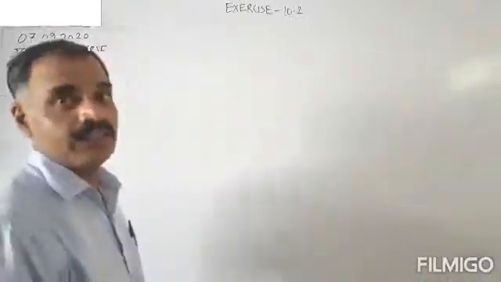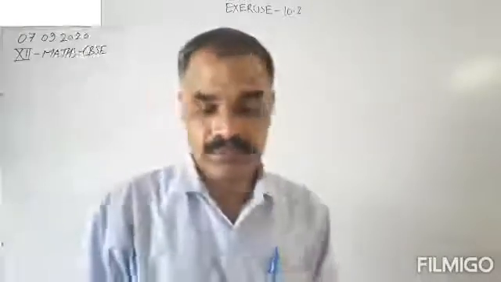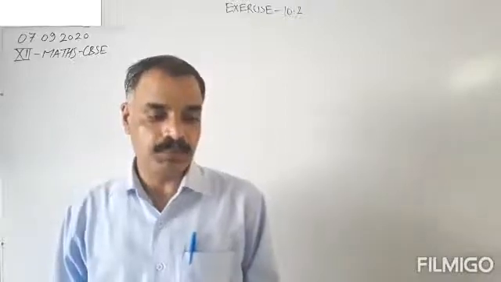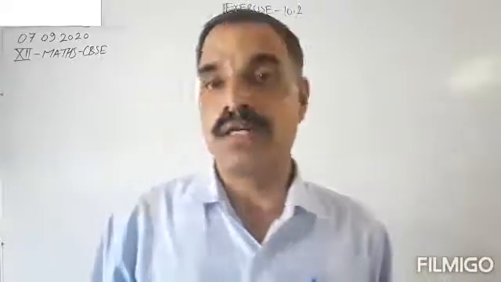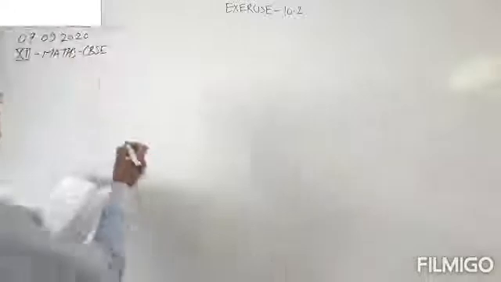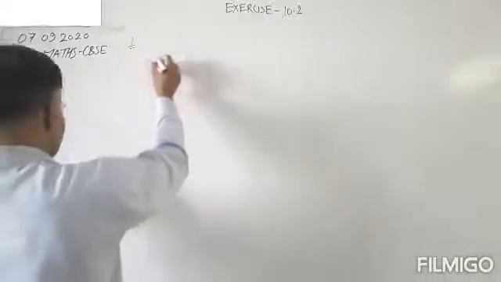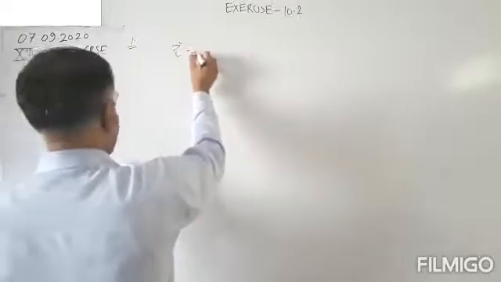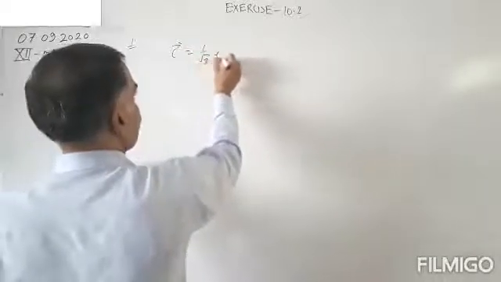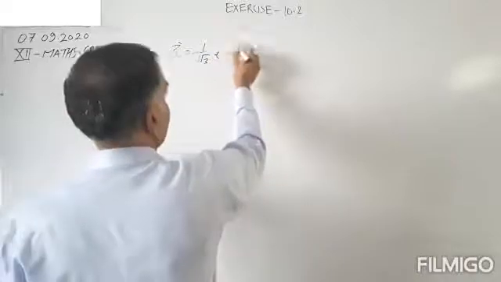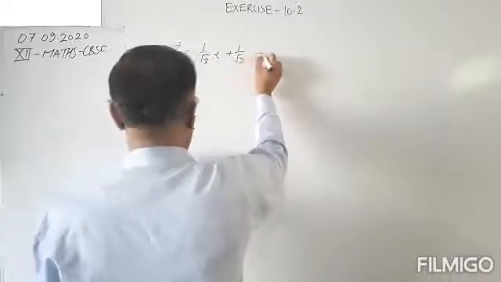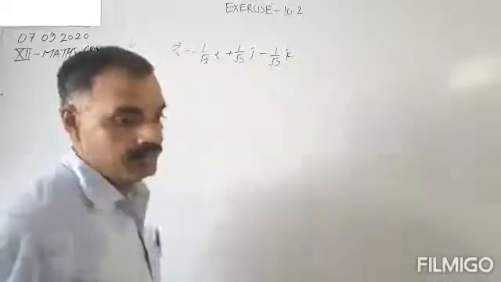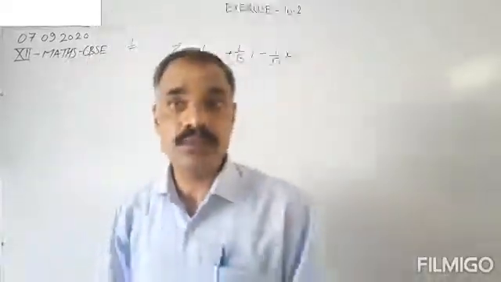Question number 1 is, we have been given three vectors and we want to compute the magnitude of the following vectors. So let us take one of the vectors. We have to compute the magnitude. The vector C is equal to 1 upon under root 3 i cap plus 1 upon under root 3 j cap minus 1 upon under root 3 k cap. Okay, and we want to compute the magnitude of this vector.